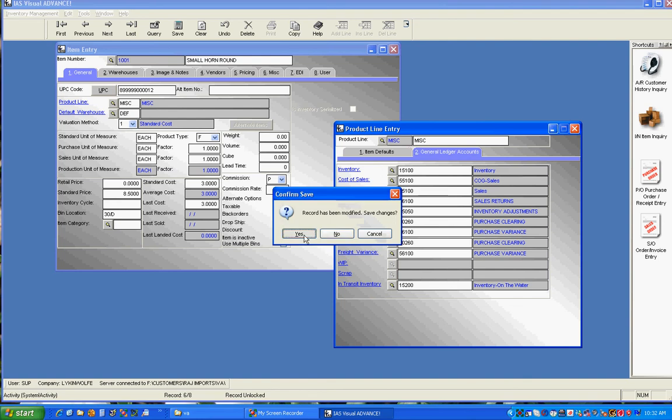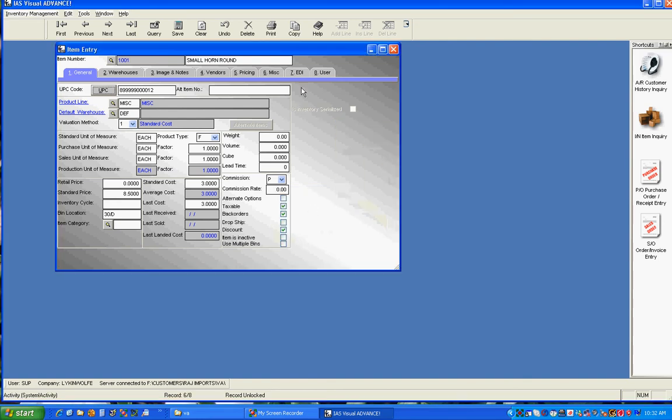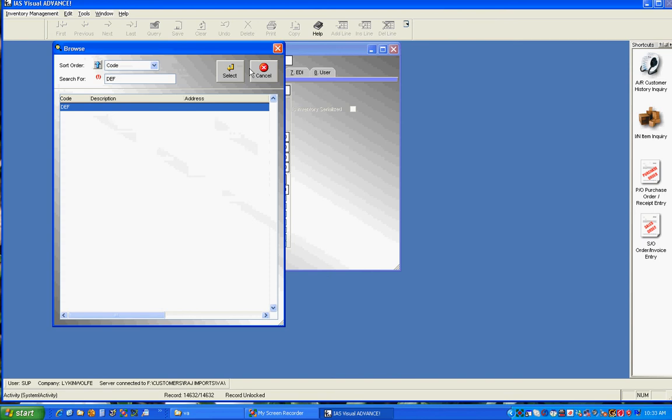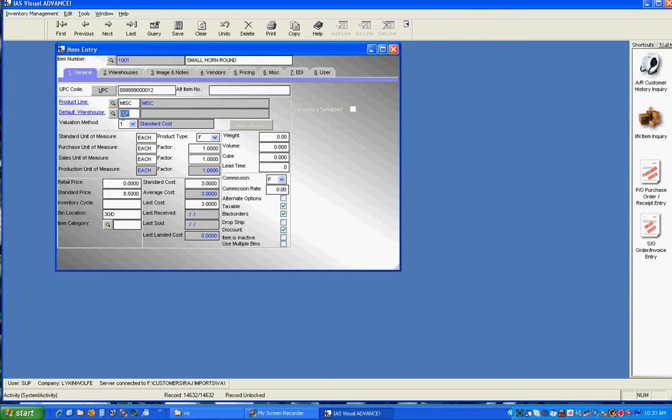Okay, that concludes our tab 1 item entry. I'm sorry, it does not. It tells us how that explains the product lines. Warehouse, the system has the ability to do multiple warehousing. So if you have multiple warehouses, you can identify where the default for this particular item is. A lot of times, if you sell to a major department store, for instance, you want to earmark that merchandise for that